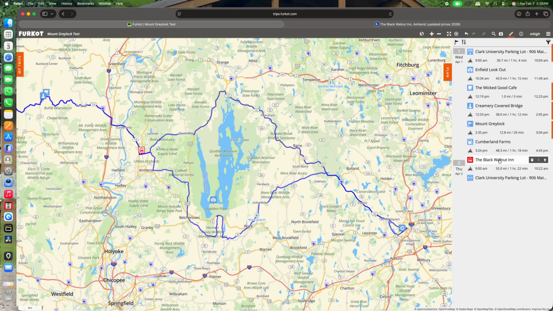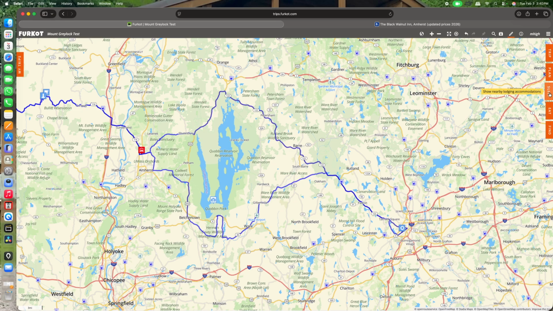Now I know it's really going to be the first day because it's put all that other stuff in, and so the end of day one is now 4:45. I'm pulling into the Black Walnut Inn, and that's this red icon here. And then I would leave at 9 a.m. the next day, go for about an hour and a half, get back to the parking lot about 10:22. Okay, so if you're doing multiple day trips, this can become very handy as well.